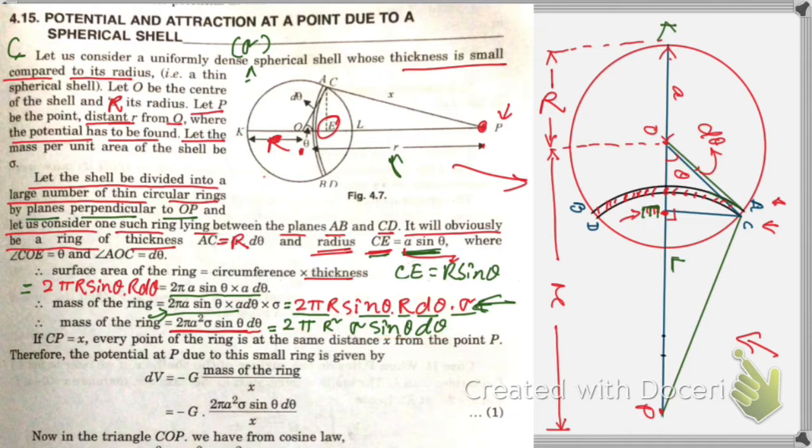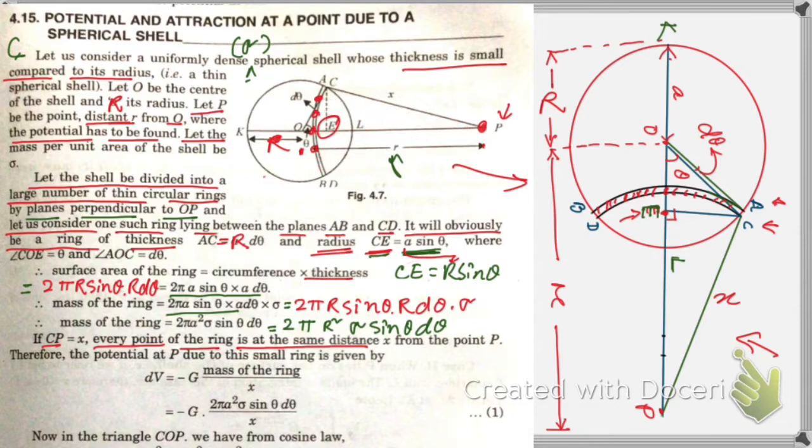So hope you have understood this. I have written the same lines in terms of capital R, because according to the question, the radius of this sphere is capital R, not small a, right? So now we have considered that CP, this length CP is small x. Let me write this one as small x. Every point of the ring is at the same distance. That means each and every point on this ring is equidistant from this point P, right? All are at a distance of x,